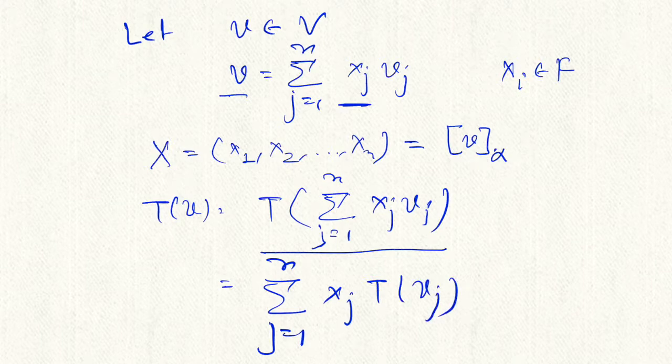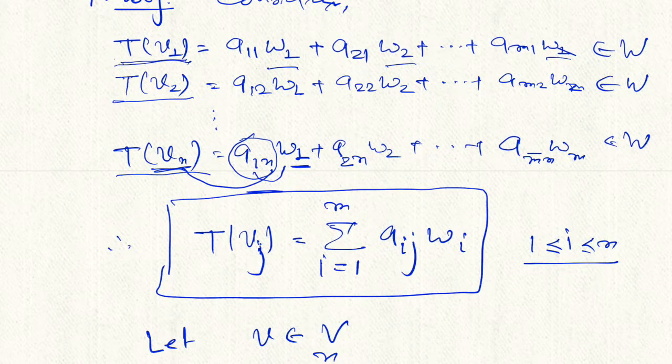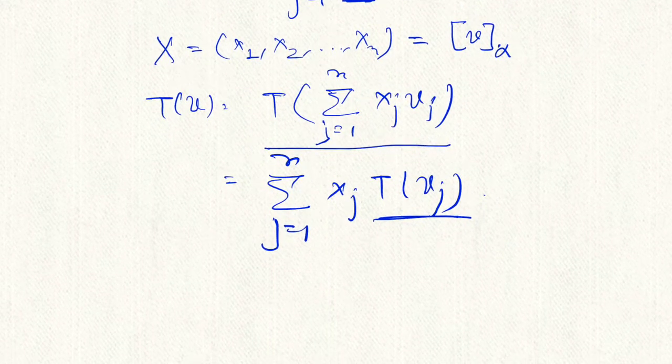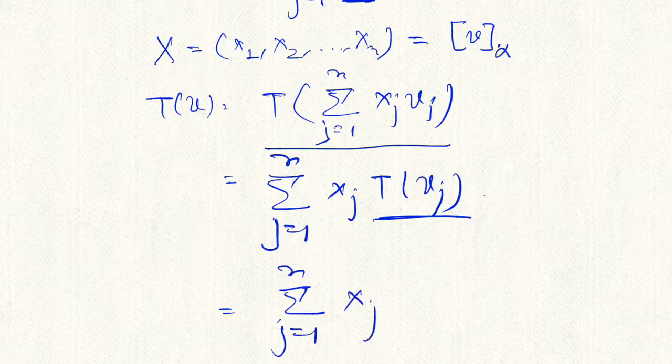And now we will write the formula for T(vj) here. Put the formula we got here into that. Okay, what will that be? j varies from 1 to n, xj